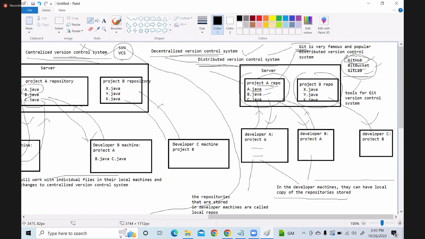Instead of tool, I can say server, the remote server.